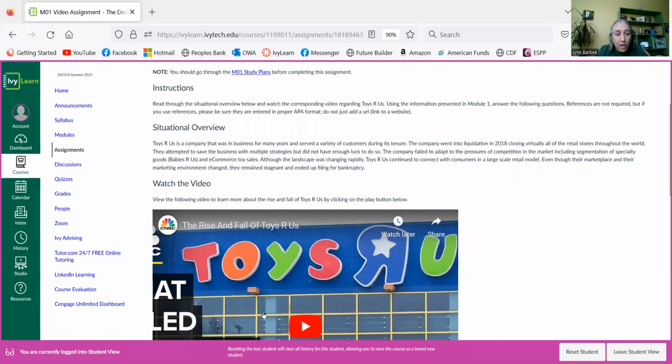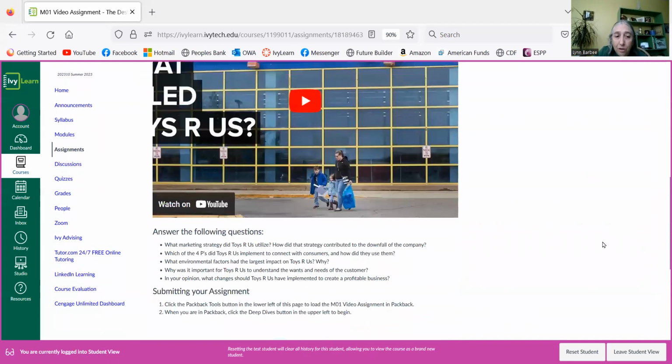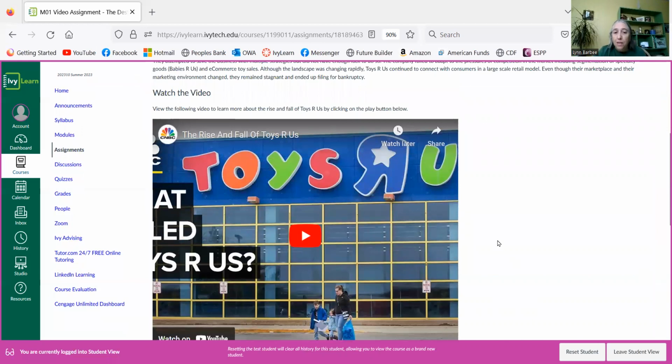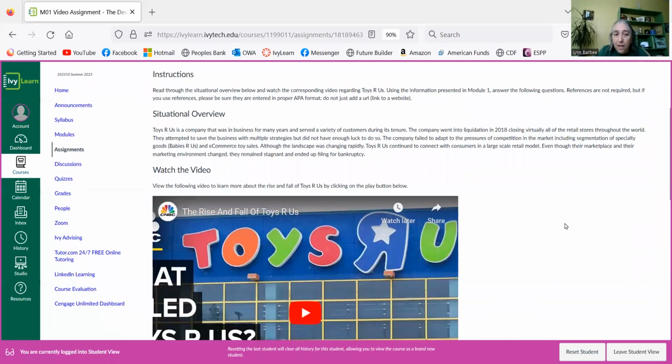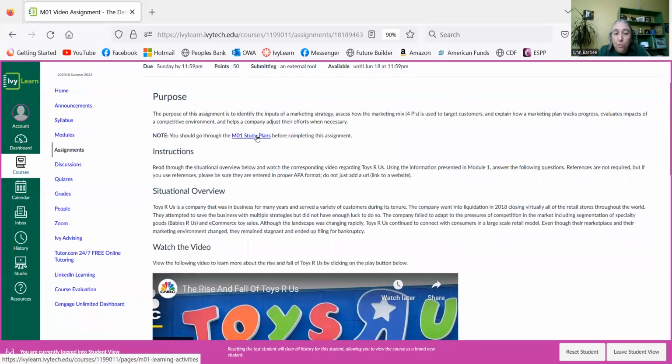Don't assume that the answers are in the Toys R Us video, for example, or the one about McDonald's, don't assume that the answers are in there. That wasn't intended to be part of your study. That's just a conversation trigger, shall we say? These study plans right here are what you need to look for, because it always helps to use the terminology that's in the text. I've had a lot of students who did not understand the marketing strategy, and that's an important term. The 4 Ps are key parts of the marketing strategy, and all marketing strategies use the 4 Ps.